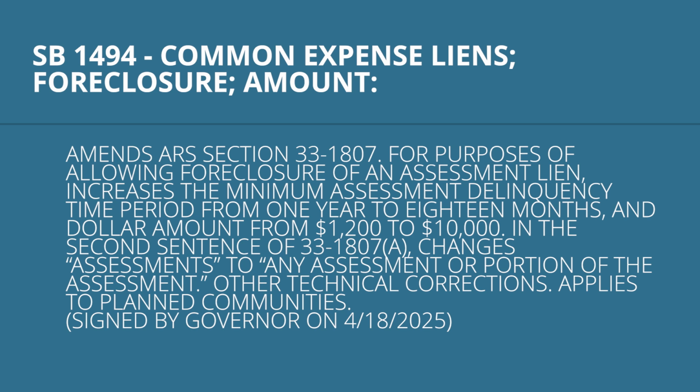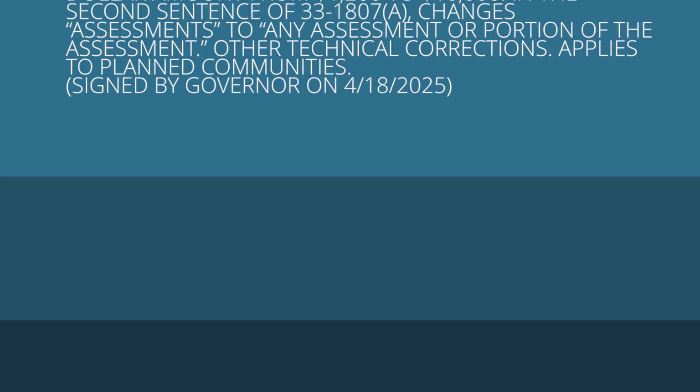So if we want to foreclose on somebody in a planned community, one of the following has to occur first. They have to be delinquent in the payment of assessments from 1 year to 18 months. So this is a change. They have to be 18 months behind in the payment of assessments only, or they have to owe $10,000. Again, this is just for planned communities, not for condominiums. So if we're going to foreclose after this bill becomes effective and it's a planned community, we're going to have to wait until they're 18 months delinquent in the payment of their assessments, or they owe $10,000